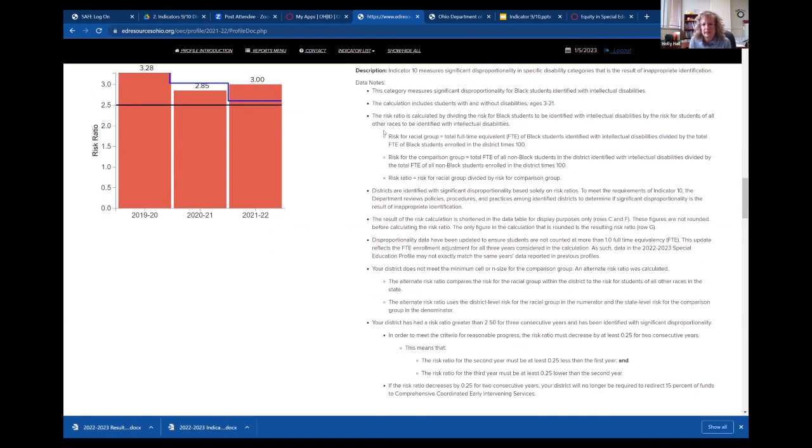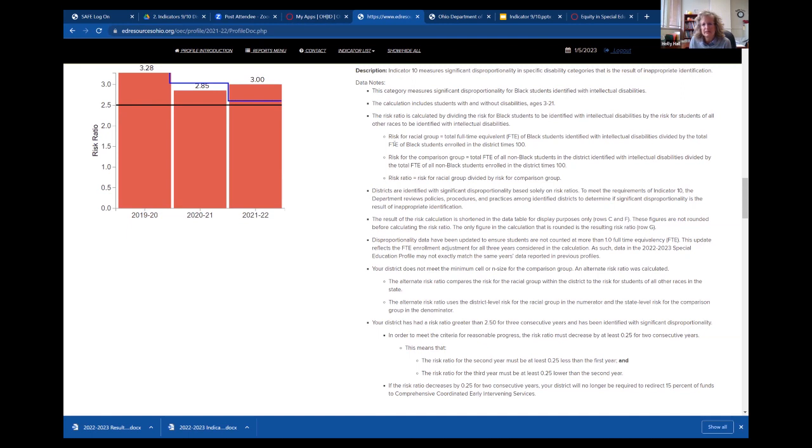And so they give you a breakdown in terms of how this was calculated, and they do put the clarifier. This includes students with and without disabilities, including students ages 3 through 21. It wasn't until the past 2 or 3 years that we included preschool children in this calculation. So they go on to clarify that dividing the risk specifically for Black students in this case to be identified